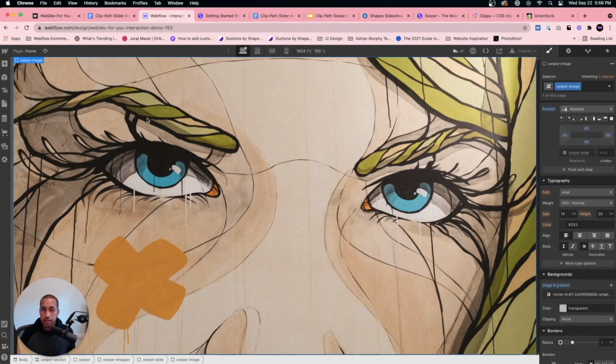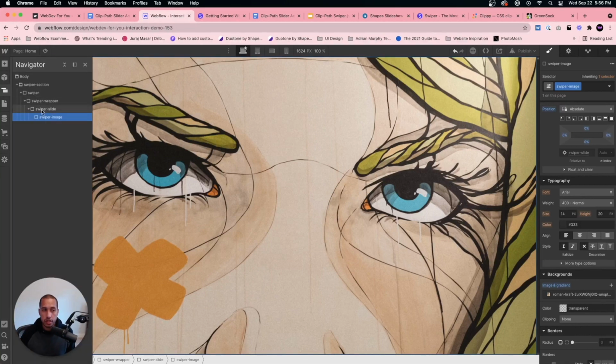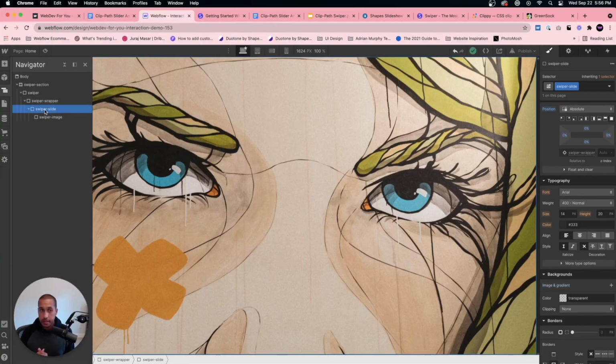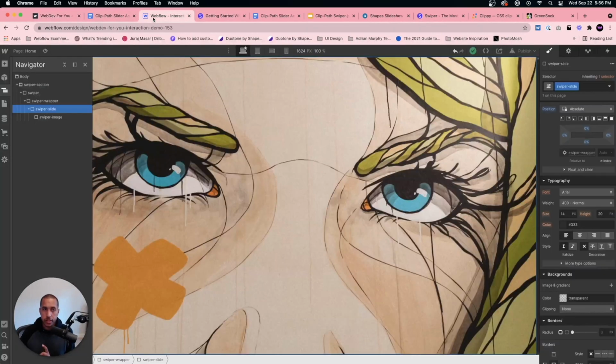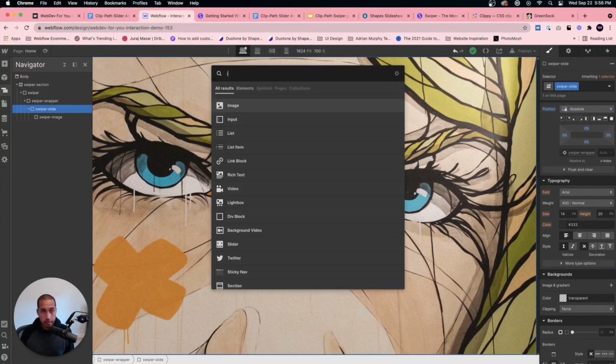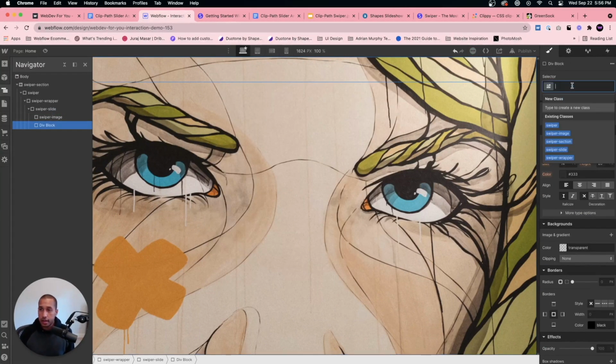All right, so there's the image, and then within each image, or within each slide, we have the text, right? So if we go to this example, we have this text here, and that looks good. So let's just add a div block. So let me add a div block in the Swiper slide, and I've called this heading wrapper,